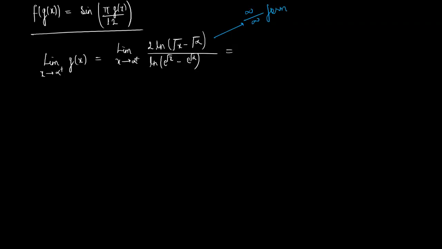Generally in limits, when we get 0 by 0 form or infinity by infinity form, we use L'Hopital rule, which says that differentiate the numerator with respect to the variable and differentiate the denominator with respect to the variable till it vanishes to give this form, infinity by infinity or 0 by 0. Okay, so if I apply L'Hopital here,